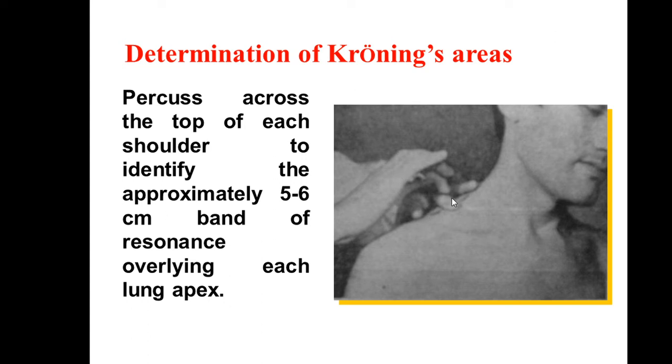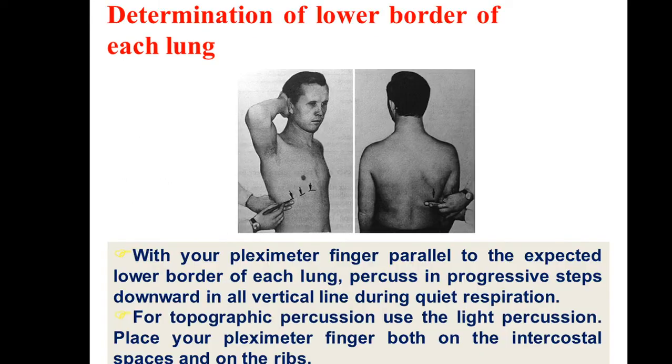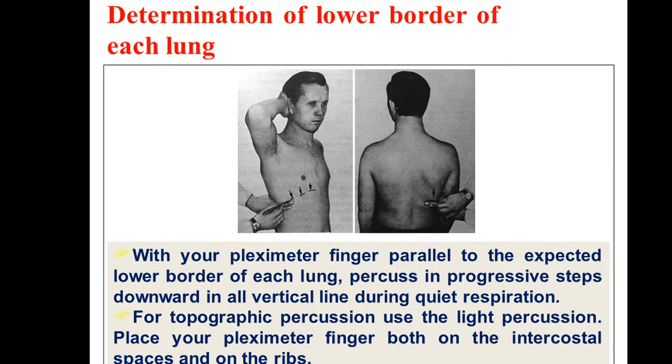the doctor should put his finger on the trapezius muscle and percuss from resonant sound till dull sound, at the beginning medially and then laterally. Always mark on the side of the resonant sound, and this distance should be on average 5 to 6 centimeters, but may vary from 3 to 8 centimeters. And then you go to detect the lower border of each lung,